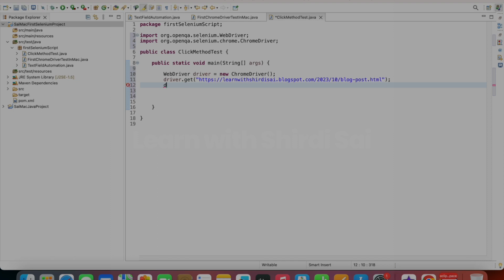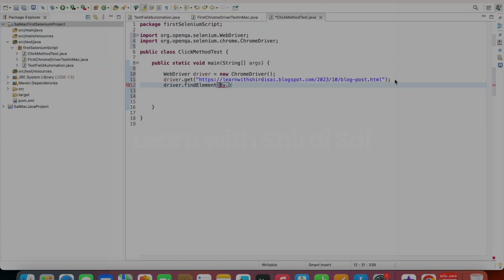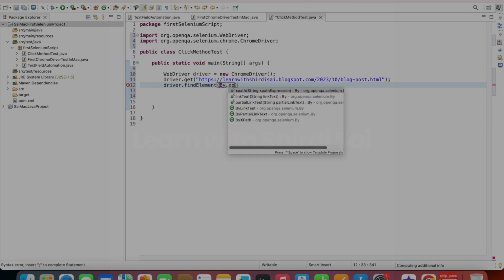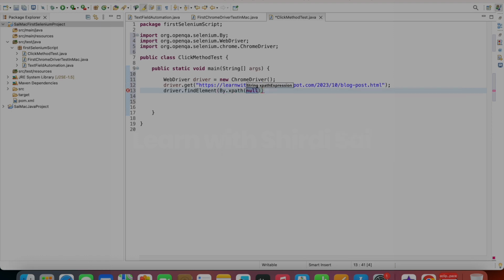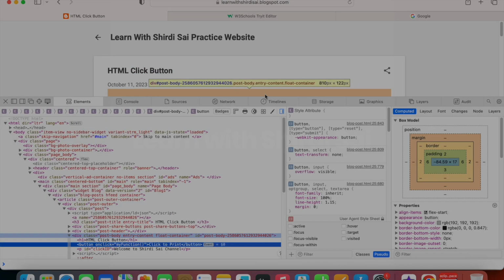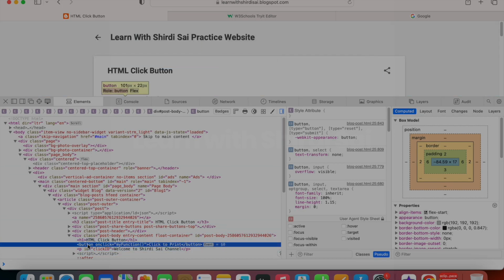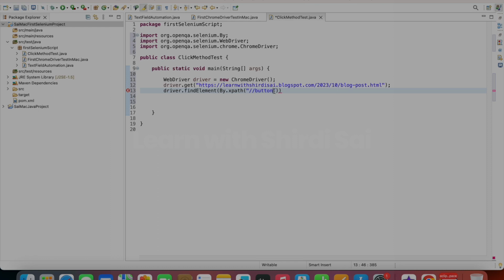Now we can find the element: driver.findElement(By...). Here it is given like onclick, right? This time we will try with XPath. In order to find with XPath you can use By.xpath. Give the XPath expression here. You need to give the tag first, the button, and in square brackets